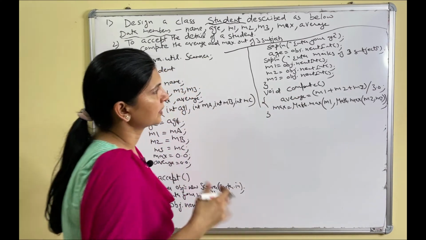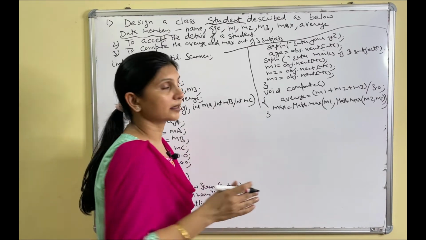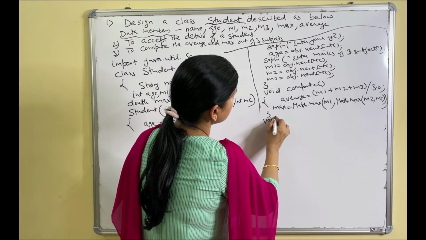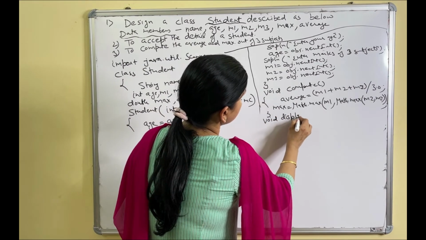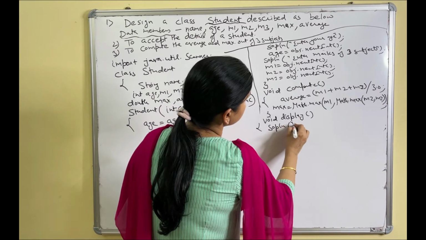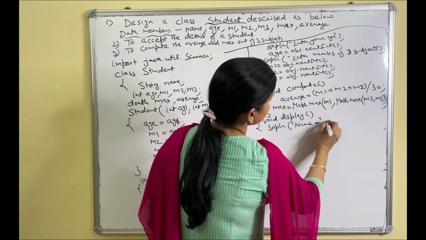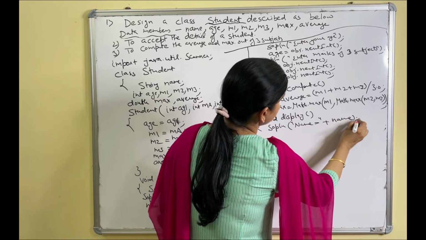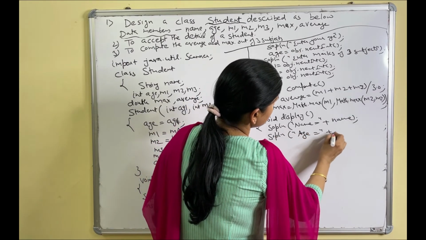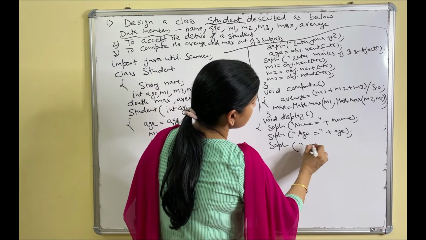Then this was the method. Next method, as it is not written here, but if you remember, the method was to display the information. So directly here I am making void display, and in display we simply have to display the information. SOPLN with a message, you write better, that would be better. Name equals name, SOPLN age, right? Same way SOPLN marks of 3 subjects.